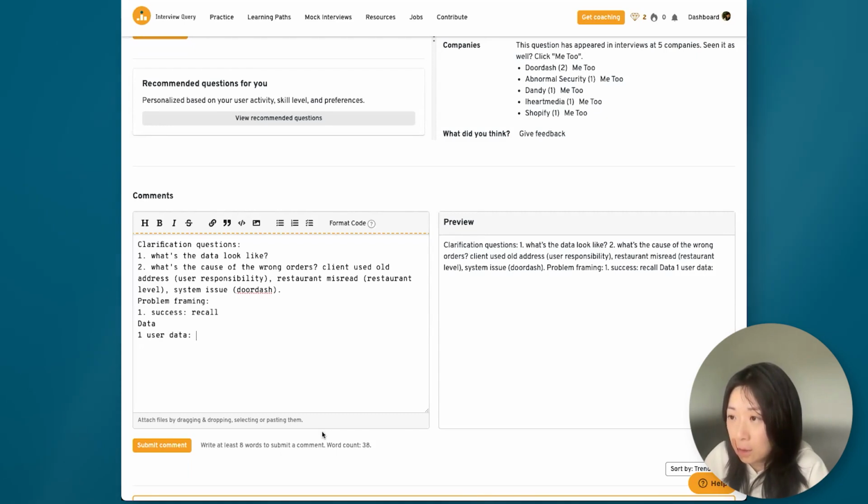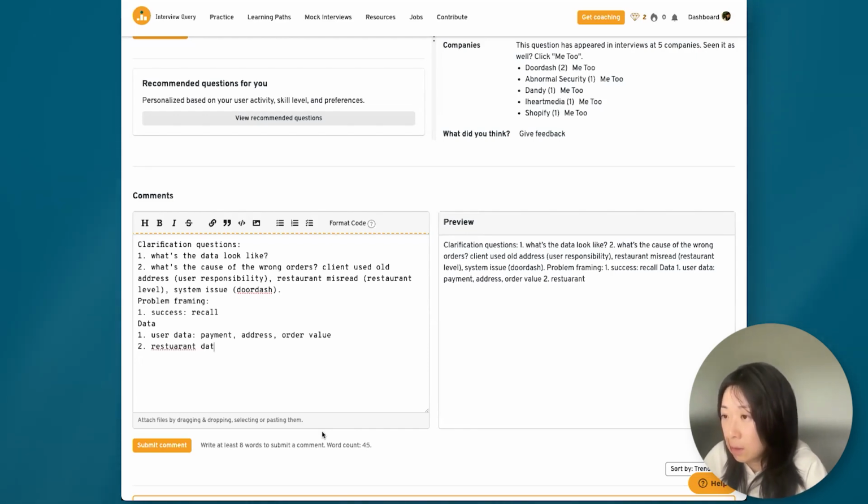Those include the user's payment, address, and the order value of that order. I think people usually order from similar places, so their order value won't vary a lot. If there's one order that's extremely large, maybe there's some problem with it. And also we have some restaurants data,